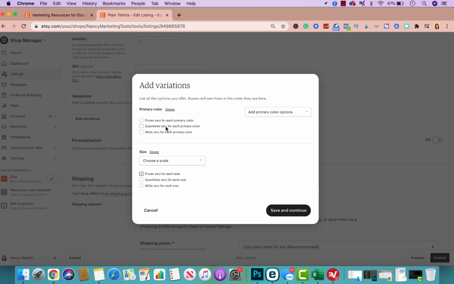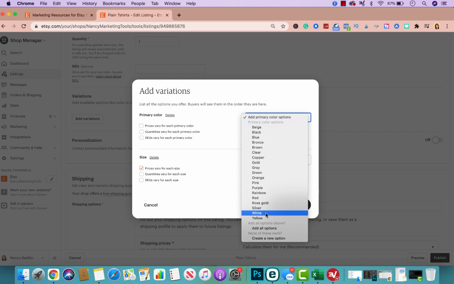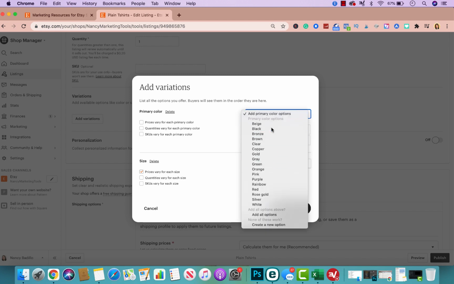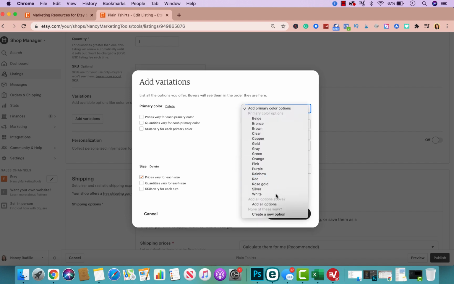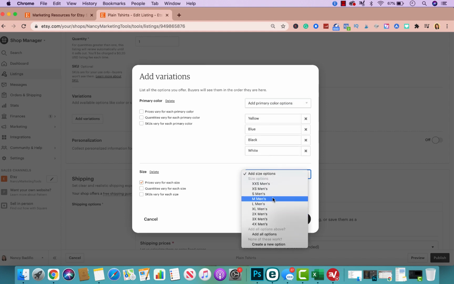Now you could add quantities for each color if you want to, and you can also click here to add a SKU number for each color if you wanted to as well. The same goes with the sizes. So for the purpose of this video, I'm just going to keep it to just one check mark right here. I'm going to go ahead and choose a scale. And from here, I'm going to add my colors. So I have a yellow t-shirt that I'm selling. I have a blue t-shirt. I have a black one. And I have a white one. So I have my 4 colors right here. For size, I'm going to do small,